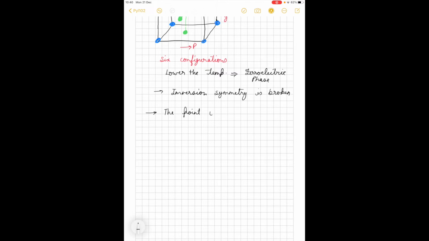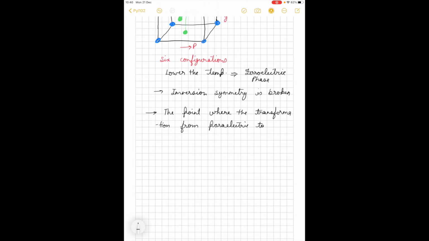The point where the transformation from high temperature to low temperature, there we have 2 phases now, right? At high temperature, as I defined, we have paraelectric. At low, we have ferroelectric. So the point where the transformation from